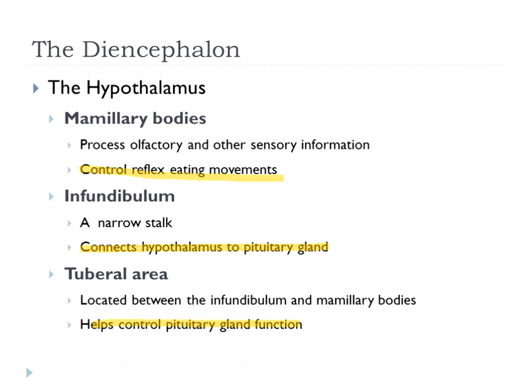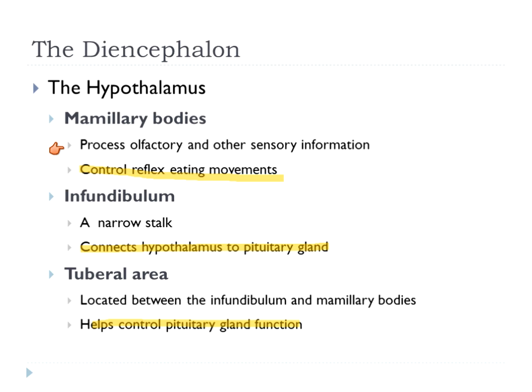Around the hypothalamus, we have the mammillary bodies, which once we close our brain up, we would be able to see as little pads there. They're right on the outside of the hypothalamus. They surround the infundibulum. The mammillary bodies process olfactory and other sensory information that comes into the brain. They can also control reflexive eating movement. So when you eat, your tongue rolls the food around in your mouth, and that's a reflexive eating movement. For babies, when they're suckling, that tongue thrust that takes place for infants is a reflexive eating movement as well.